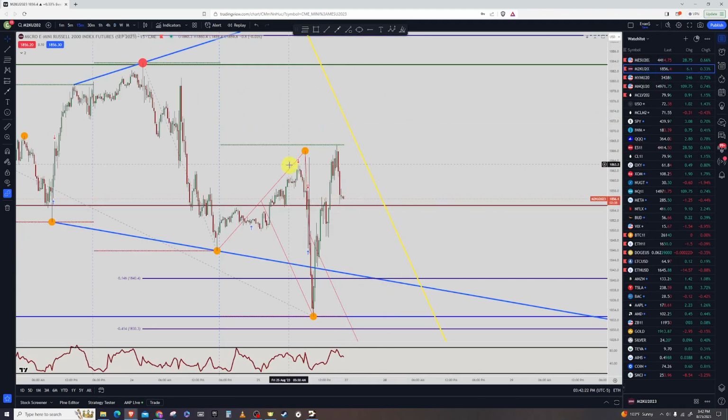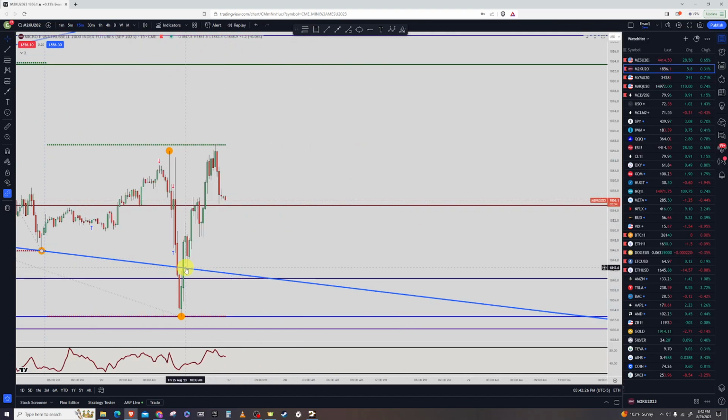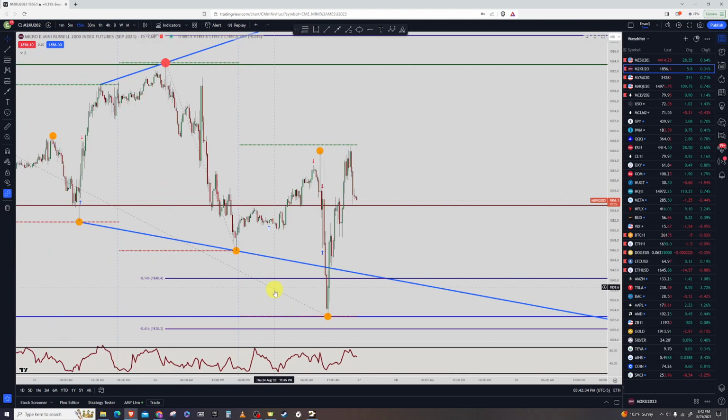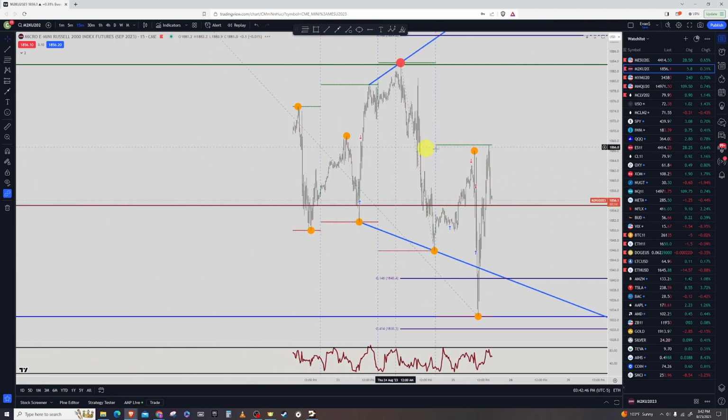Russell 2000, another great day as well. You can see the price hit off the trend line from the previous 2 days. It went past a little bit, but eventually came back up. So if I was taking it, it would have been a nice scalp. But the support area for the day was the extension lows of the day. You can see here it hit right between the 1840 and 1830, and then ricocheted on up. But we do have a bigger